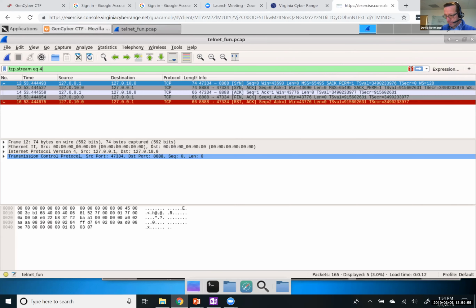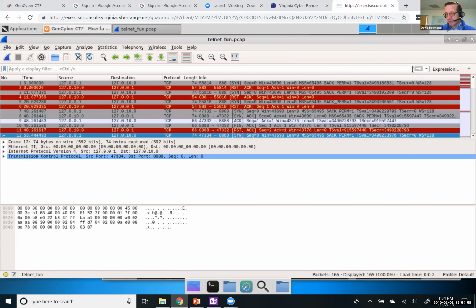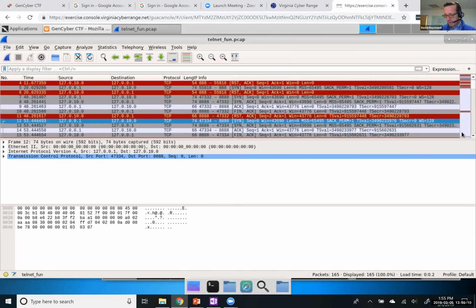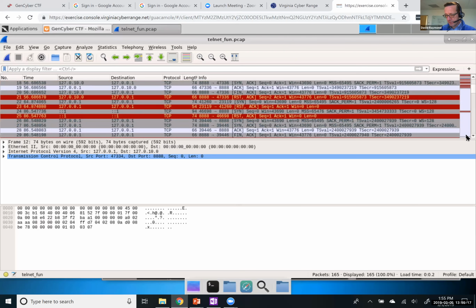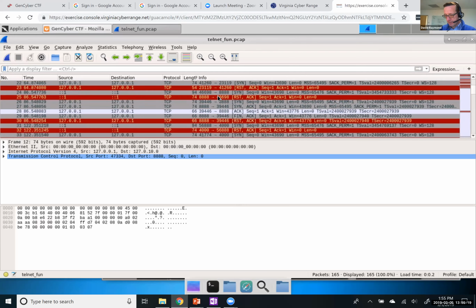So I'm going to close that. I click the X here, and that clears the filter. Now I can look for the next thing that might be interesting. Okay, so now I'm going to assume that the connection on 8888 is not going to do what I want. There are several of these attempts, and they all look the same, right? SYN, SYN-ACK, ACK, FIN-ACK, and then a reset. And those were on 888.